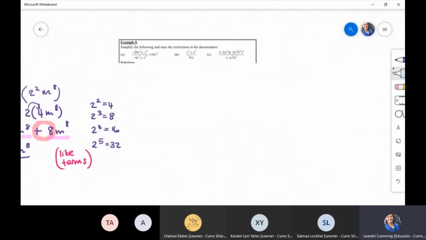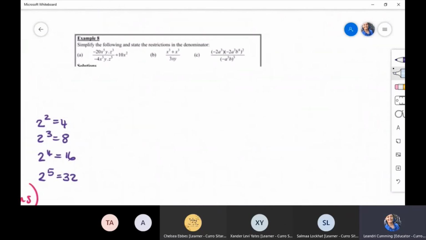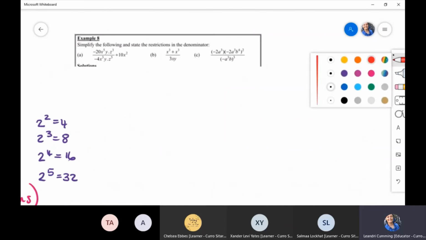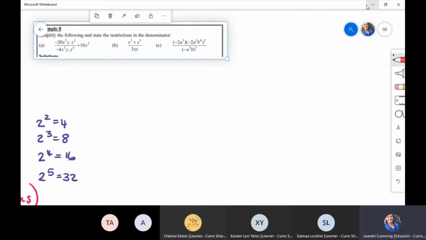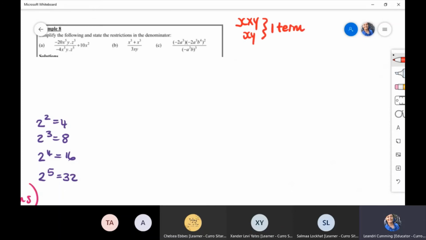So here we are going to focus mainly on the fact that when we have one term, we are allowed to simplify. So right in the beginning of the chapter, we started with the idea of what are monomials. Monomials are those terms that have product and division. Product and division makes one term, right? So let's get this here and let's quickly just refresh our memory. We had x times y becomes xy, that's one term. But as soon as I have x plus y, the fact that I have a plus there makes it two